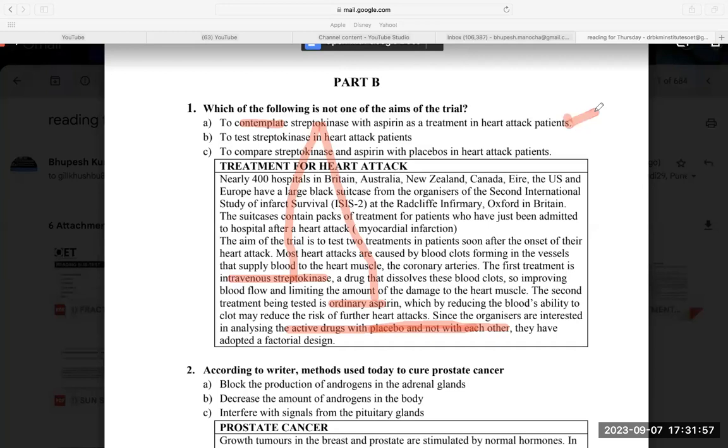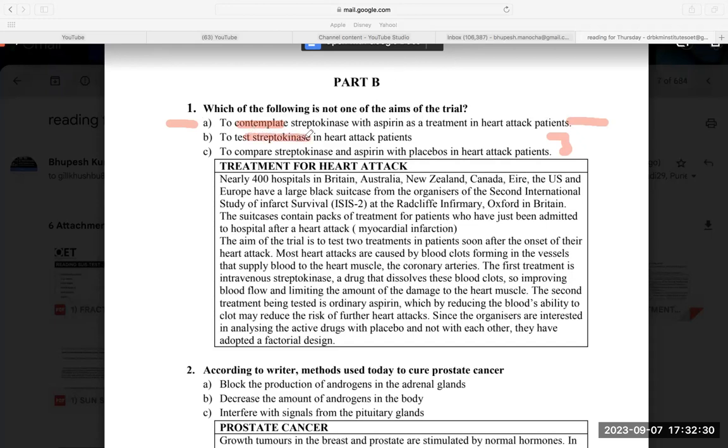And my question is "not". I forgot this thing. Not one of the aims. So I'm not quite sure about the first option. When I'm not sure about the options, I do not overstress because I believe the next two options should be easy. So if there is any word like contemplate over here, which is disturbing me, I do not spend my energy on it. This is the main trick of saving your energy, making your reading better: when you are stuck somewhere, leave it for a moment. Please leave it.